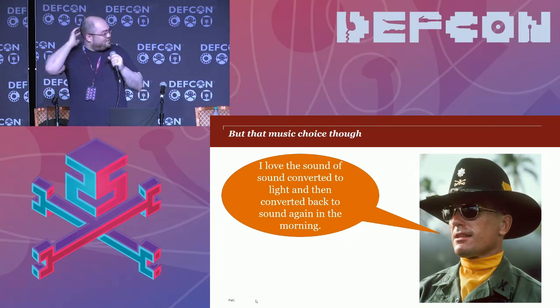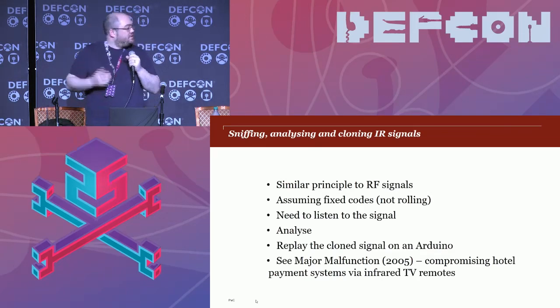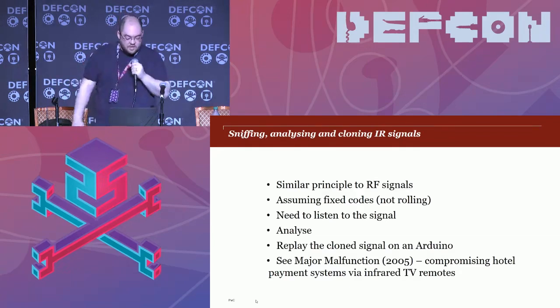Okay, so moving on to sniffing, analyzing, and cloning infrared. I imagine a lot of people here will have experimented with clone and replay attacks using an SDR with RF signals, and infrared is very similar. Infrared signals, assuming they're fixed codes, will use things like biphase mark encoding or Manchester encoding. They use a carrier wave at normally 38 kilohertz, but it can be other frequencies as well. So we need a way to listen to the signal, then a way to analyze it, and then a way